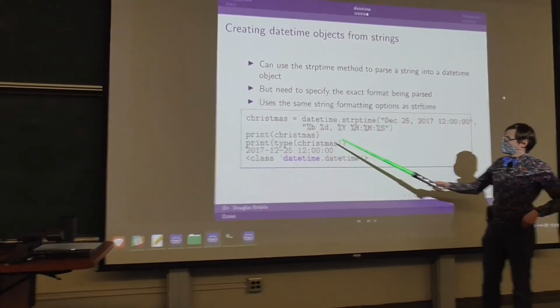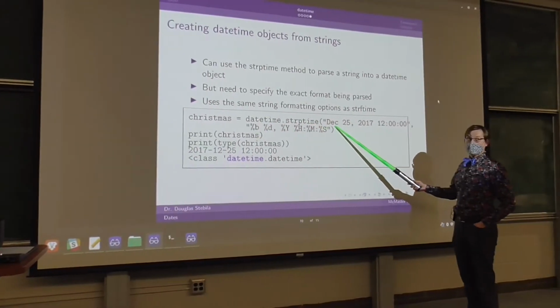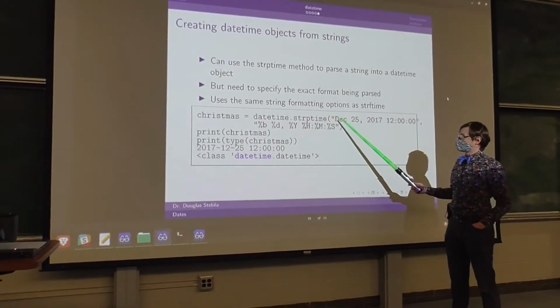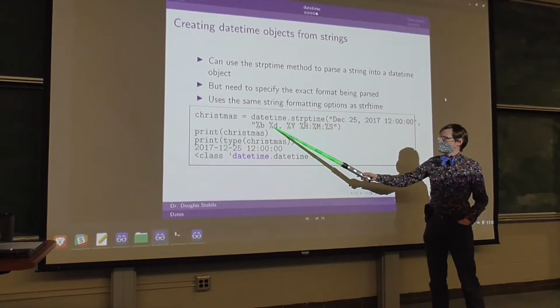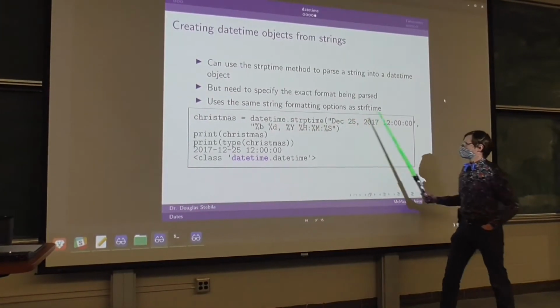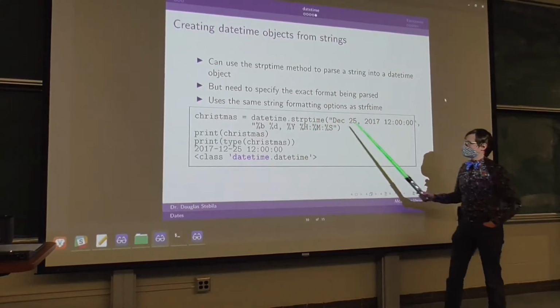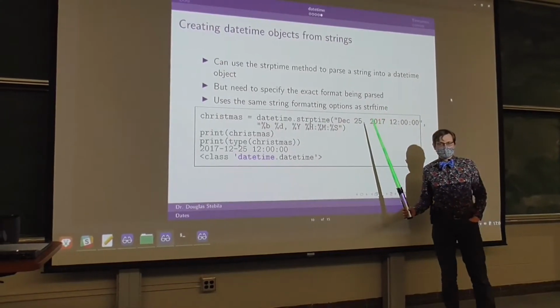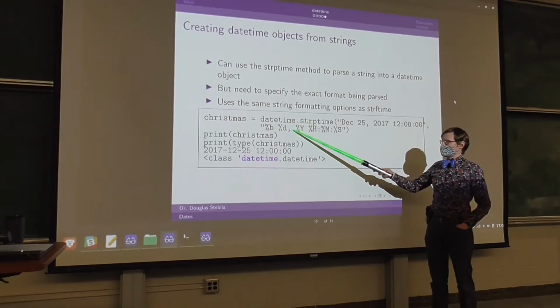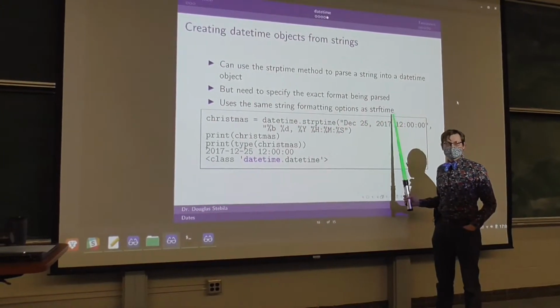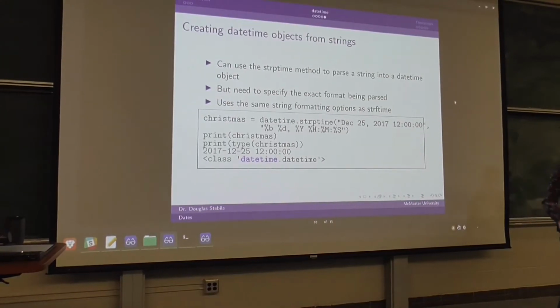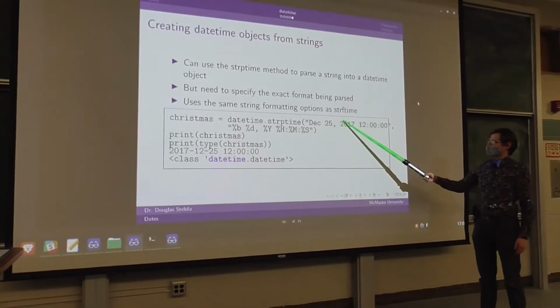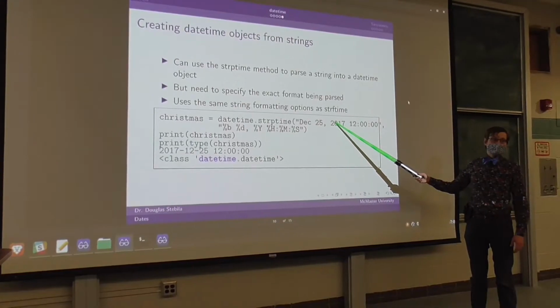So, B is the abbreviated month name, D is day again, and Y is year again. Notice the inclusion of the comma. If you don't have all of the non-date characters represented in the format string, then you'll have a parsing error. It'll say, I can't read this, it's in a format I don't understand.